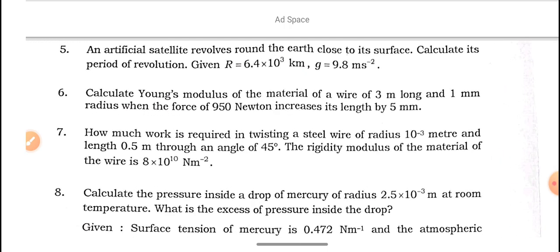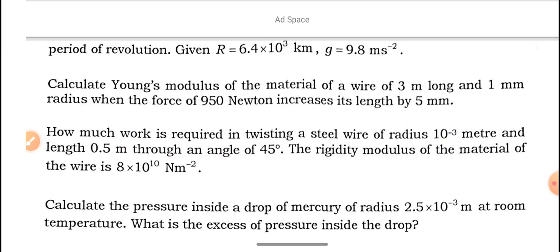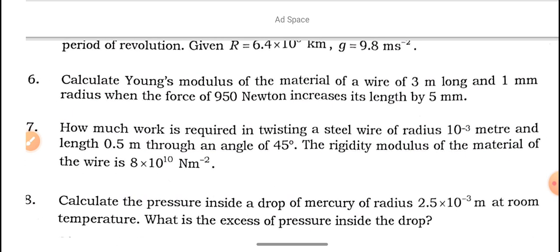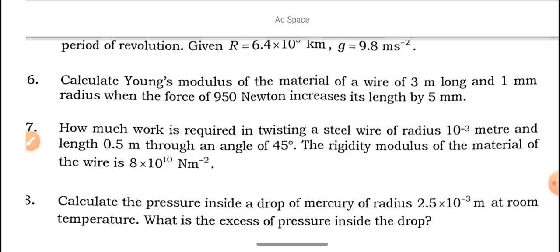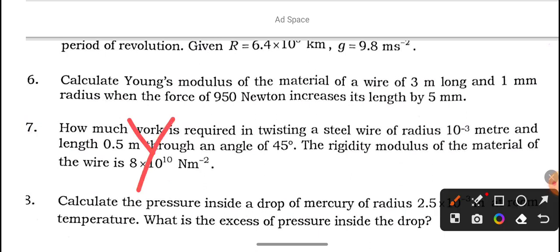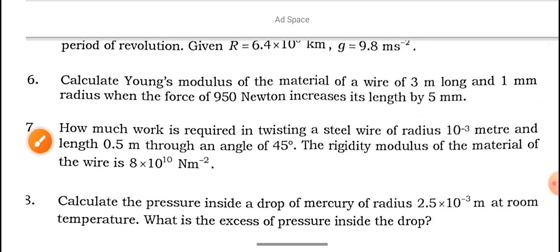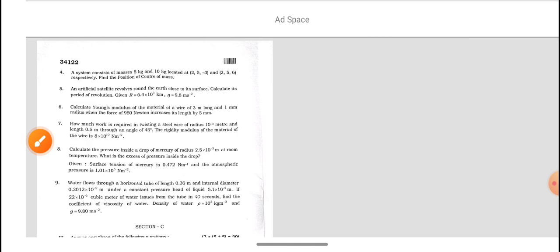Problem 6. Calculate the Young's modulus of the material. You must calculate the Young's modulus Y. The given is a wire of 3 meter length and 1 millimeter radius. When a force of 950 Newton is applied, its length increases by 5 mm. So how can we calculate the Young's modulus? We know that